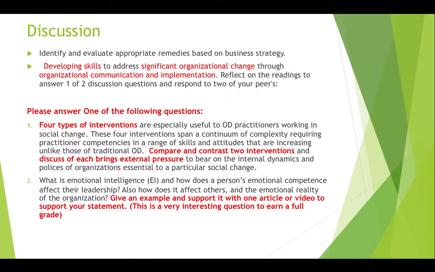So this week you have 2 different things due. One is a discussion. The first thing that you need to do in the discussion is, there's a couple of different questions within it. But let's look at it from the kind of 10,000 foot view. You want to be able to identify and evaluate appropriate remedies based on business strategy. So through the reading, you're going to learn about some of those different remedies and learn how to, based on the strategy of the business, know which remedies are the most appropriate. So you will need to have completed the reading in order to understand what you need to complete for the